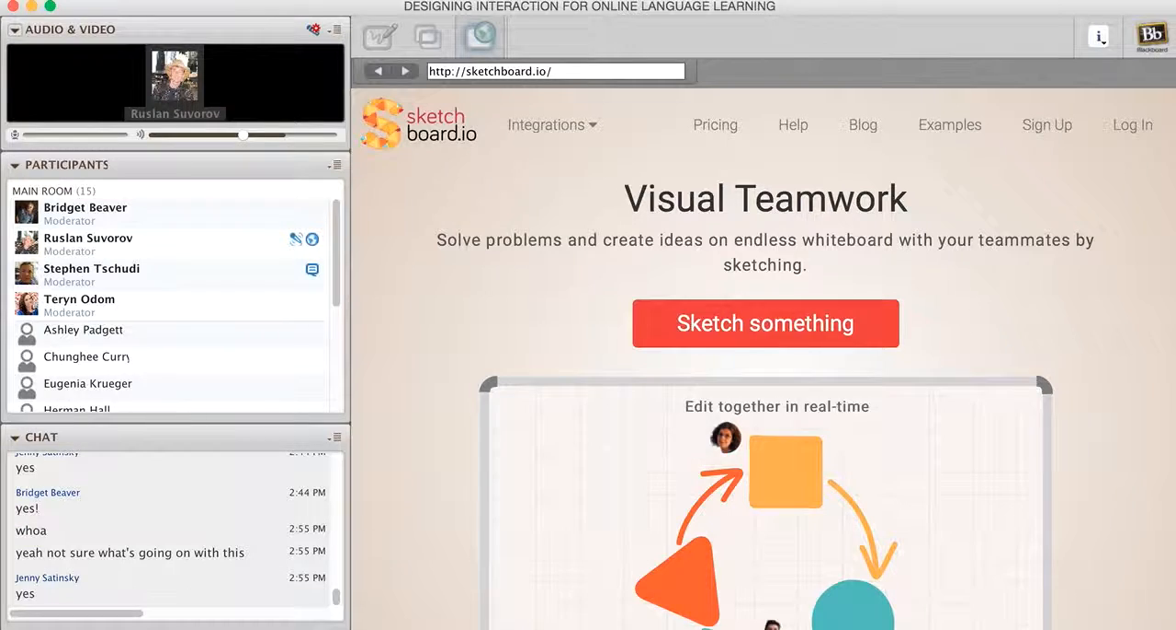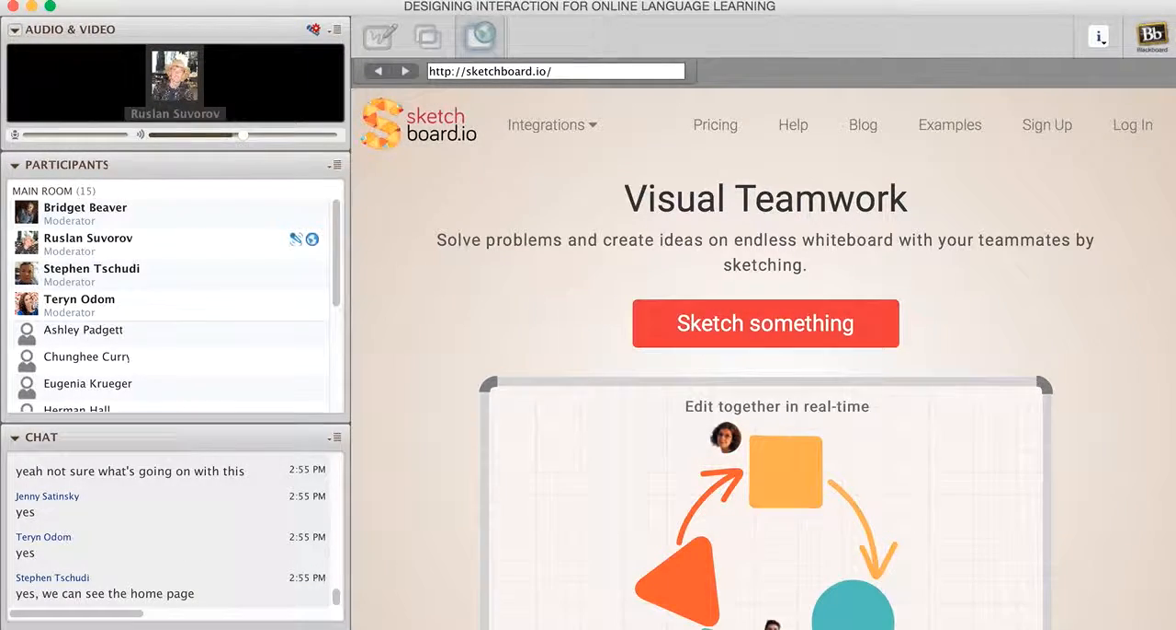Okay. If you open sketchboard.io in your browser, I know I'm clicking, but nothing happens really. I can't really click on anything. But if you can click on this page within Blackboard, then if you go to sketch something, it will open the actual sketchboard where you can